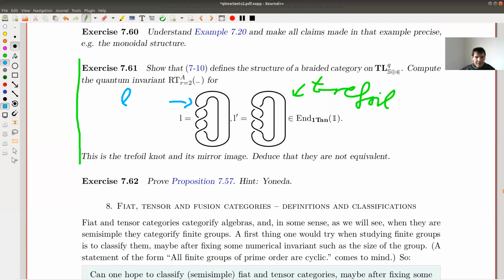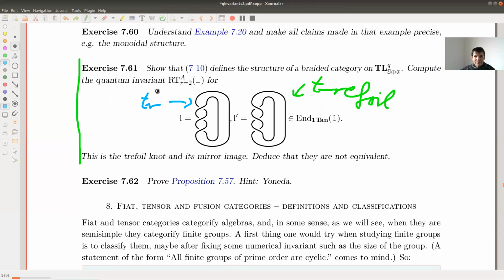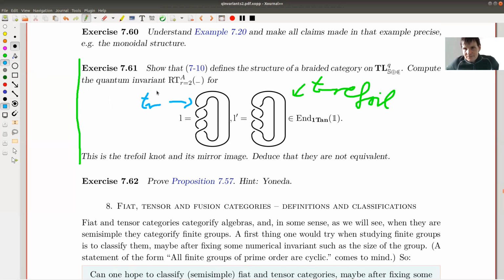I don't know which one is the left-handed. One of them is the left-handed, and one of them is this mirror image, the right-handed version. And you can actually show using the quantum invariants that they're not equivalent, which is not completely obvious, because for other knots, that's actually not the case. The mirror image is equivalent to the knot. Also, you can't see it. There will be some crazy sequence of moves that makes them equivalent. So this is a very nice exercise. Otherwise, just have a look at the exercises. Maybe you like one of them, maybe not.